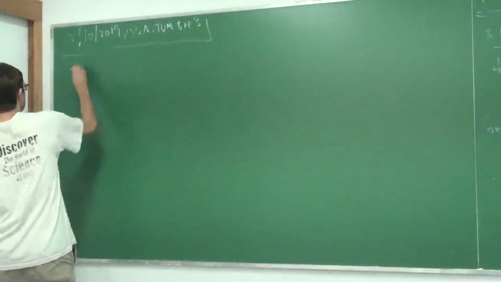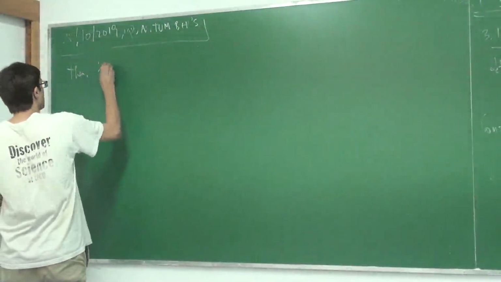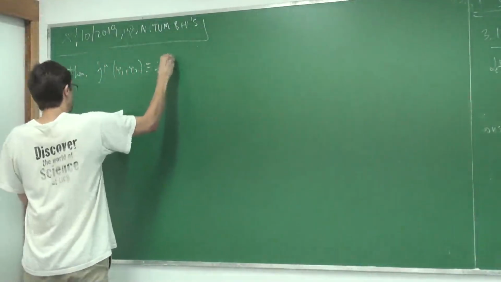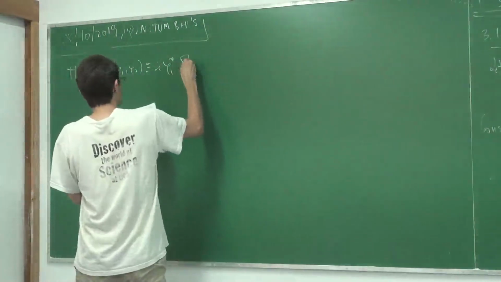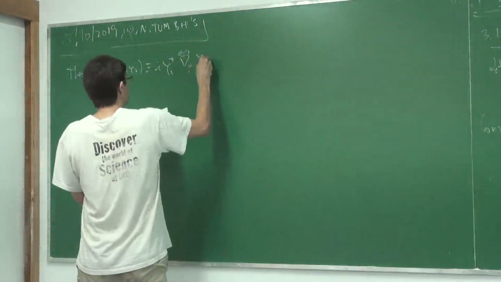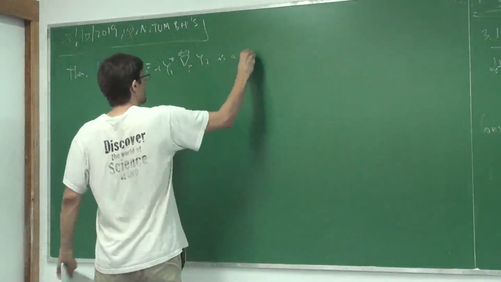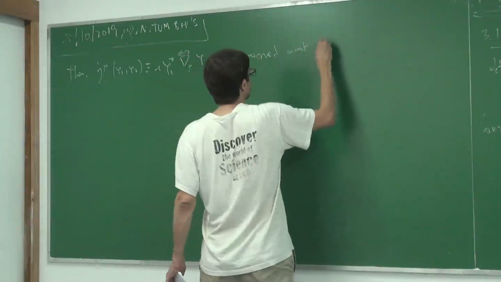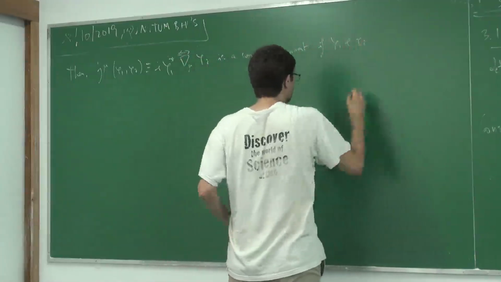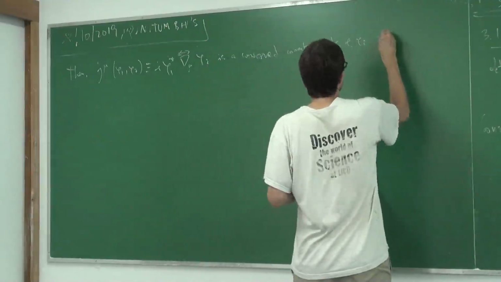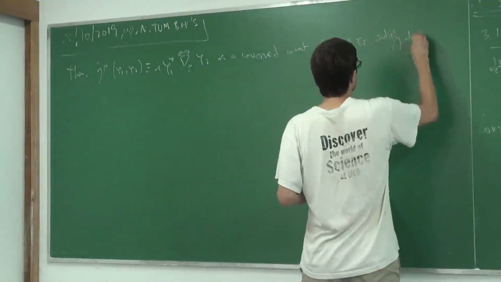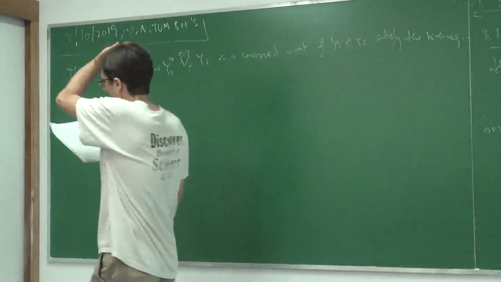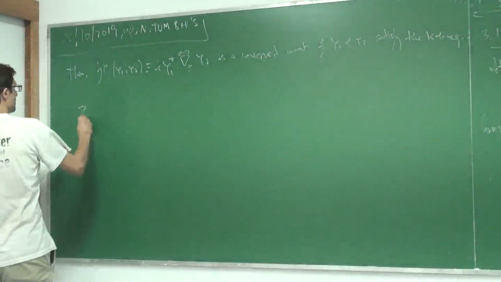So we can define a current. This is a conserved current if phi 1 and phi 2 satisfy the Klein-Gordon equation. So the divergence of